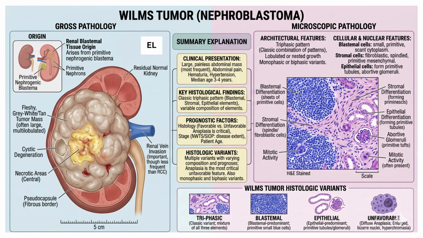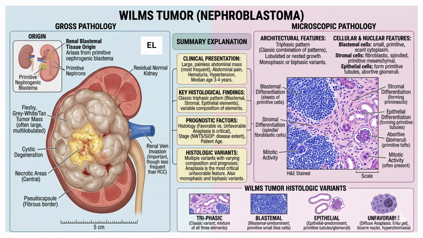Now let us focus on the microscopic pathology, which is the hallmark feature of Wilms tumor. The classic histological appearance is called a triphasic pattern because the tumor contains 3 different cellular components: blastemal, epithelial, and stromal elements. This triphasic combination is highly characteristic and represents the attempt of primitive renal tissue to differentiate into different kidney structures. However, not all tumors show all 3 components equally, and some may appear biphasic or monophasic depending on